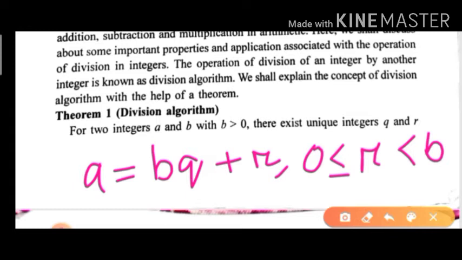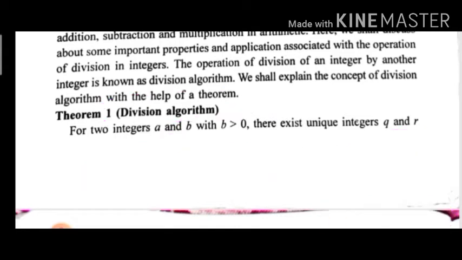So that is why a is equal to bq plus r, where a and b are integers and b is greater than 0, for unique integers q and r. This is the division algorithm. We have done this in general maths also. Now